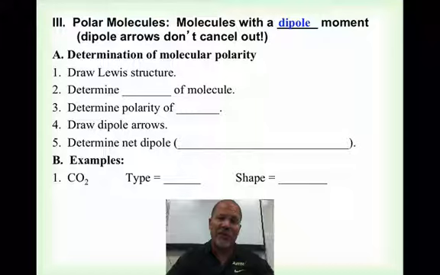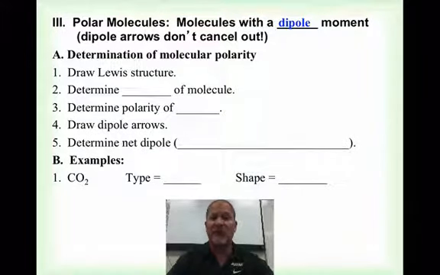Anything greater than 0.0, so you have a 0.1 to less than 2.0, in that range, any difference in electronegativity, we saw there is some movement, so we draw polar arrows, and the arrow always goes towards the element with a higher electronegativity. Remember that? So now, as we walk through this, we're going to determine if a molecule is polar or